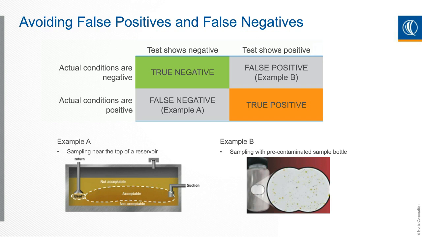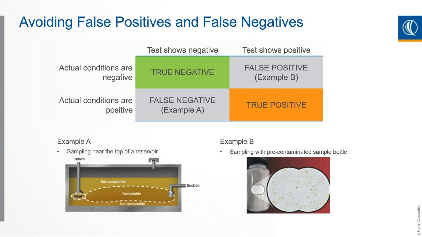Now, a false negative is going to be something where the test shows negative, but the actual conditions are positive. That could be if you took a sample near the top of a reservoir, let's say, where things are a little more stagnant. And if there were contaminants, solid contaminants, they might have already settled down. So if you took a sample there with maybe, let's say, a drop tube method, the results would show that the contamination levels are low and you don't see any wear debris. But the real results may not be that case, because what's coming back from that machine return line would be where all that data is.